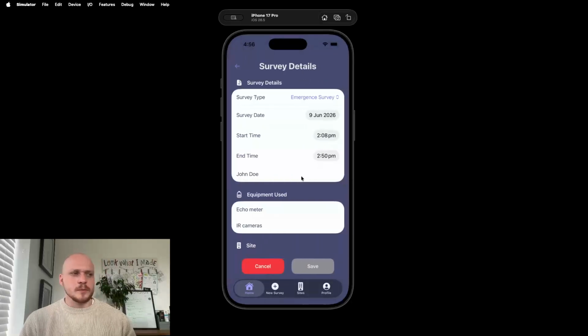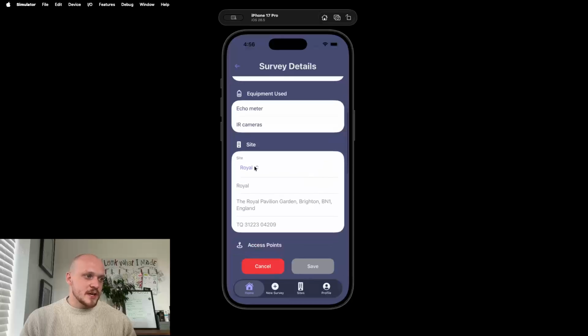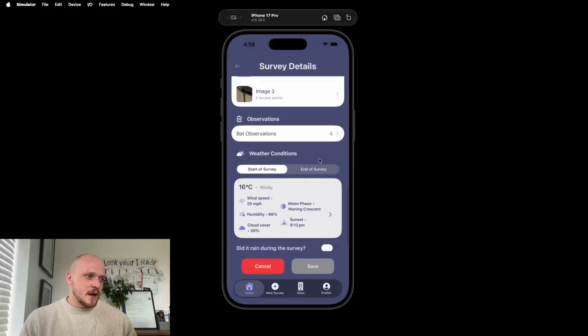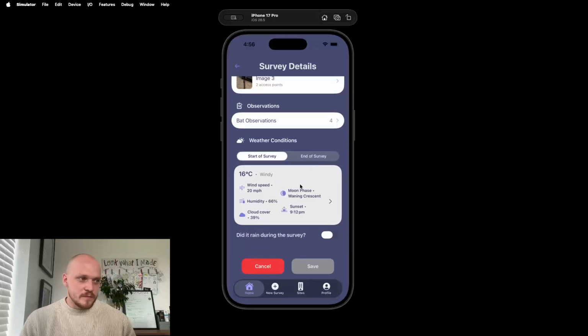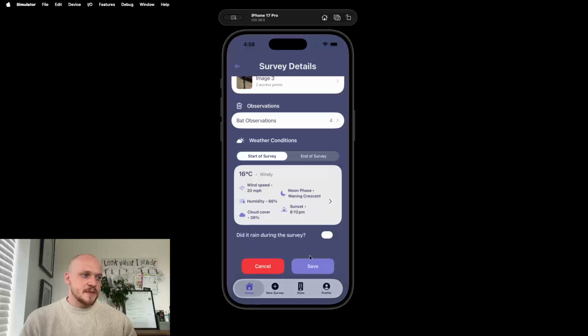And this is quite powerful because, like I said, you can edit pretty much everything, from the equipment used. You can even change the site that you're actually on. Again, access points, the weather conditions as well. For whatever reason, if the fetched weather conditions weren't correct, which is rare, you can go in and change that. So let's say actually the sunset was an hour before, we can submit that. So now it's at 8:12 p.m. rather than 9:12 p.m. So we can save that,